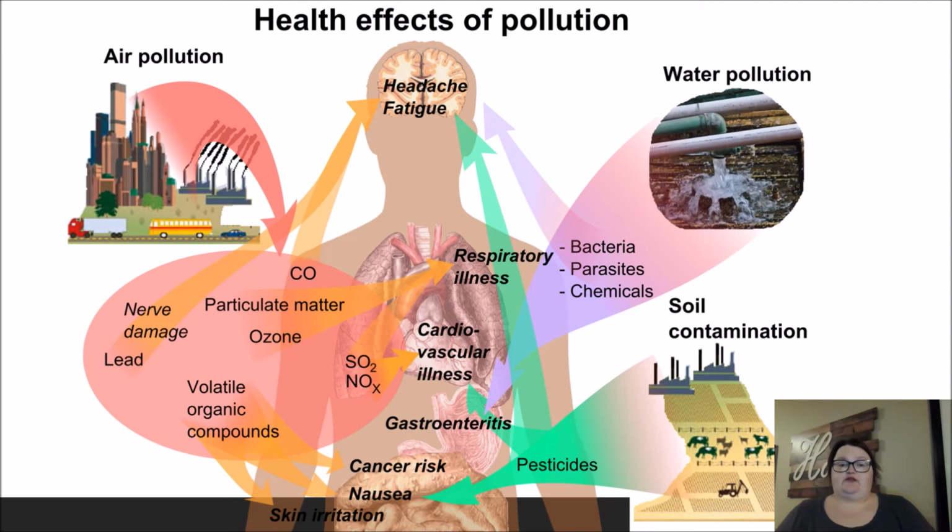This image shows that different kinds of pollution, air, water, and soil, can have a variety of impacts on the body as a whole and to specific systems. Notice that air pollution more commonly affects the cardiovascular system and, in some cases, the gastrointestinal system. Water pollution often introduces bacteria, parasites, and other chemical agents to the body that often show up or become an issue in the gastrointestinal system. However, they can impact things like the skin and the nervous system.